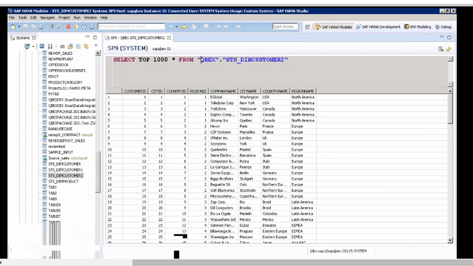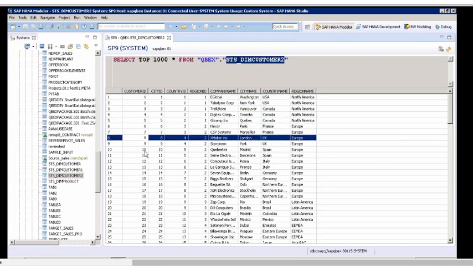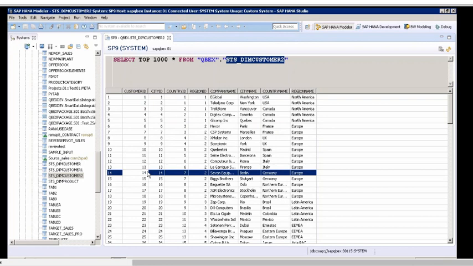In the cubex schema, I have a table called STS dim customer 2 with these columns in it: customer ID, city ID, country ID, region, company name, city name, country name, region. Company name is nothing but the name of my customer. So I see customer ID being the primary key. Each record represents one unique customer. So this is the customer ID, the name, city, country, and region in this table.